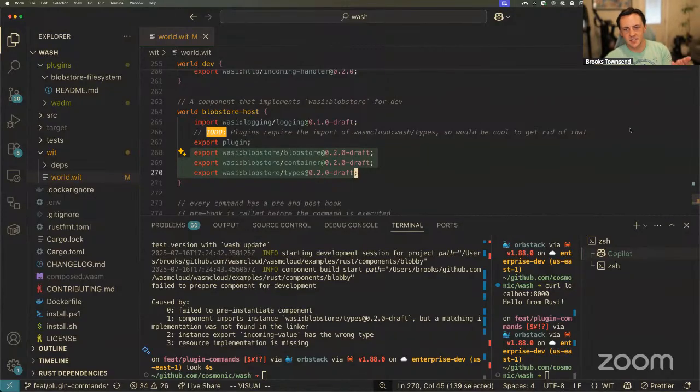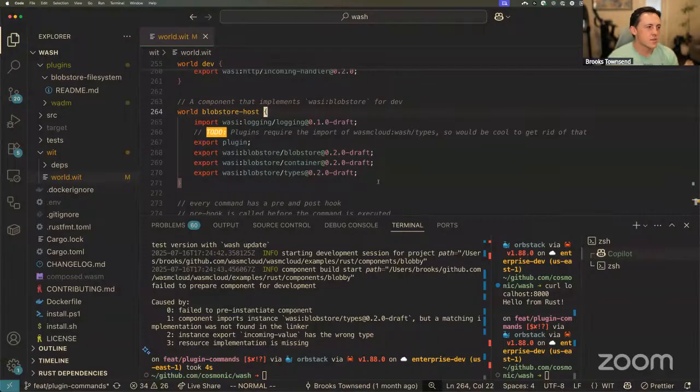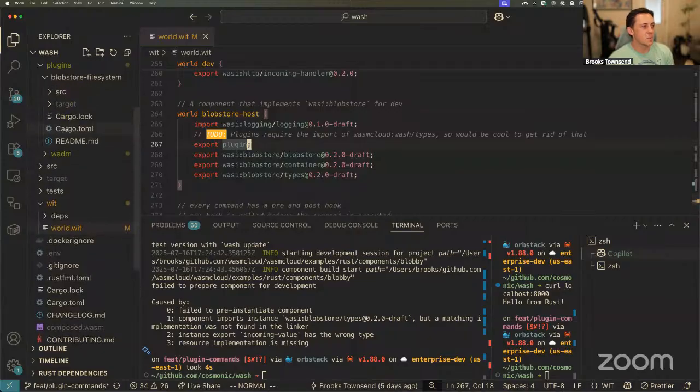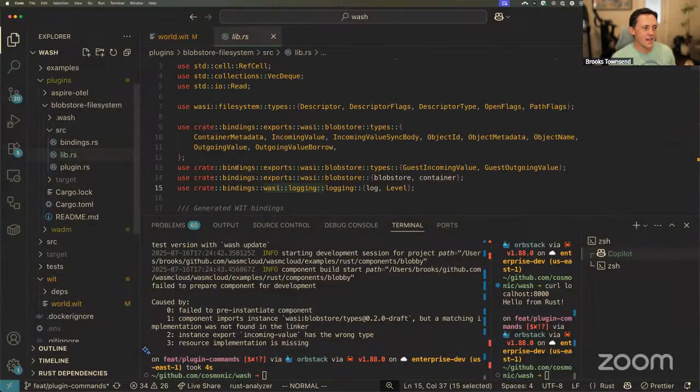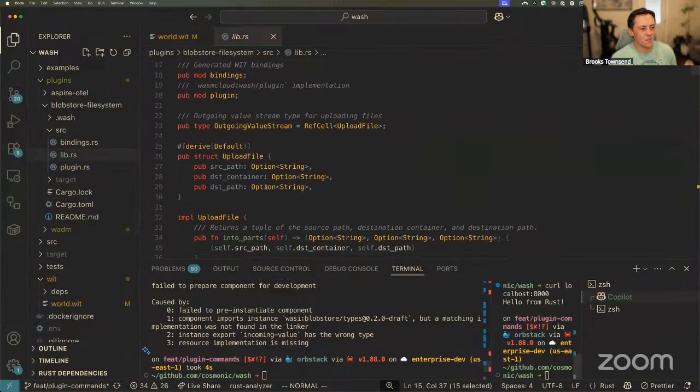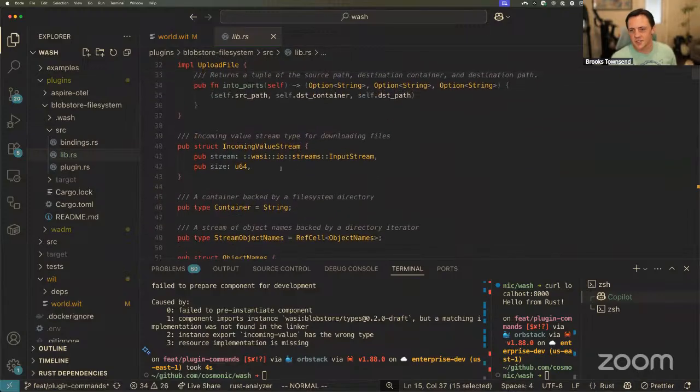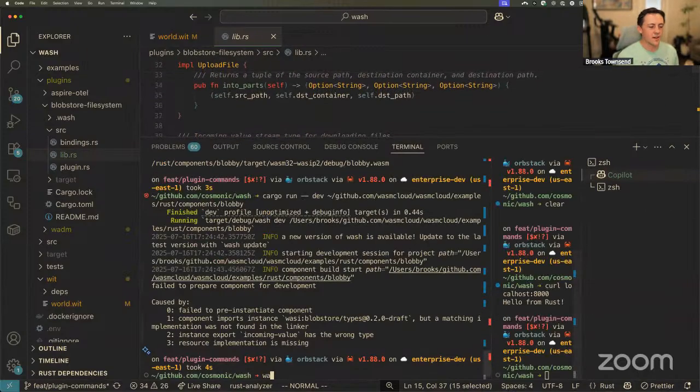WASI file system is part of WASI 0.2. It is supported pretty well in different language toolchains, but we can actually have a component that implements the entire blobstore interface, using a file system to back it. So I think this is probably a blog post on its own to talk about how this works. But if we build this plugin,